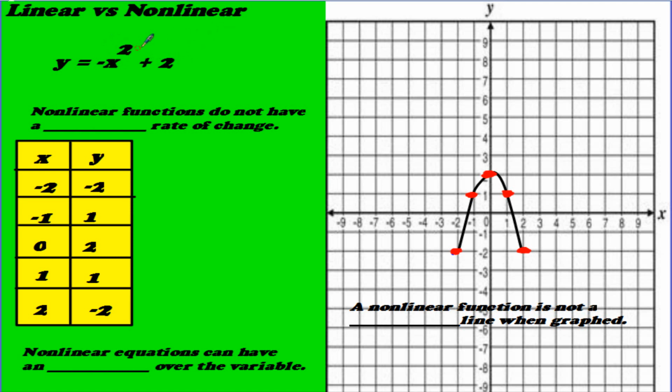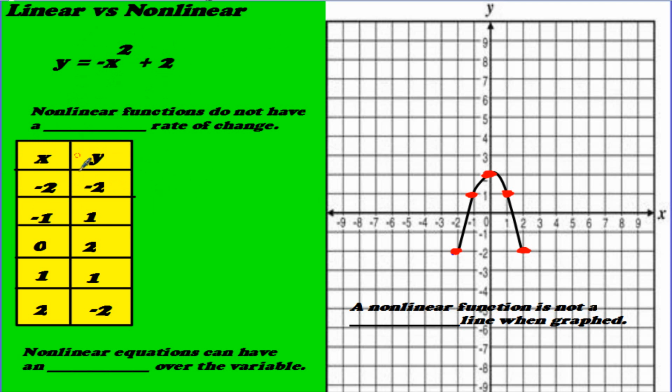It's still linear, but it's placed over the variable, which changes it to nonlinear. So when you have an exponent over the variable that looks to be in slope-intercept form, it is nonlinear. And how do they come up with this, and how do they come up with the table versus this? I'll give you one example just so you can see how that actually works, and then we'll talk about the